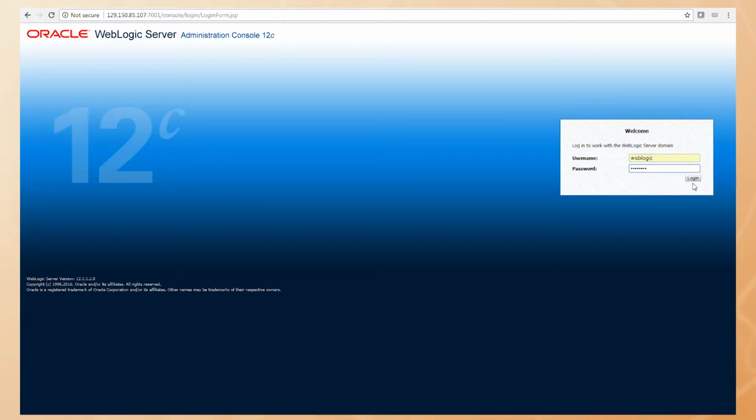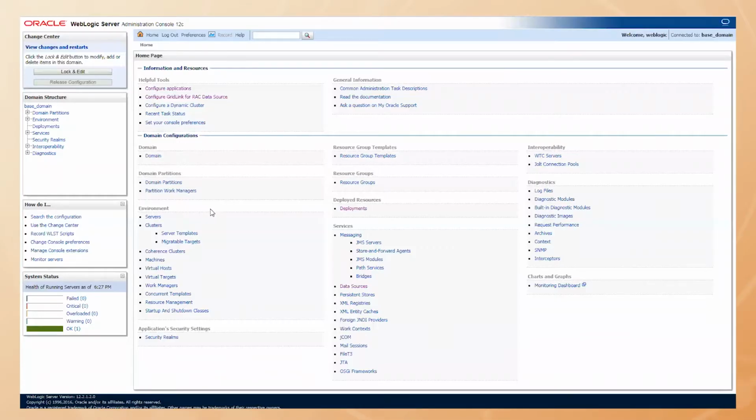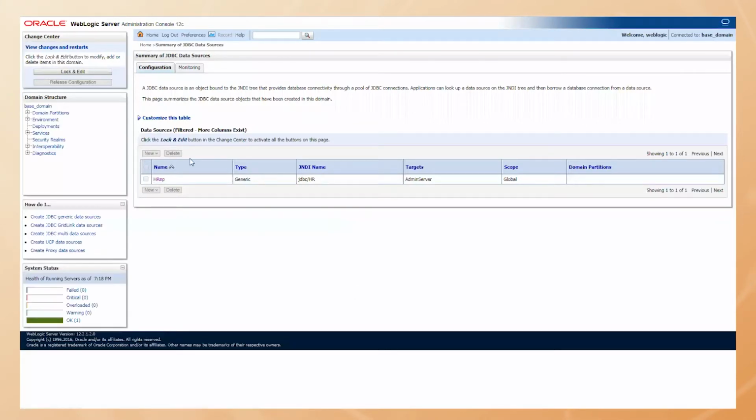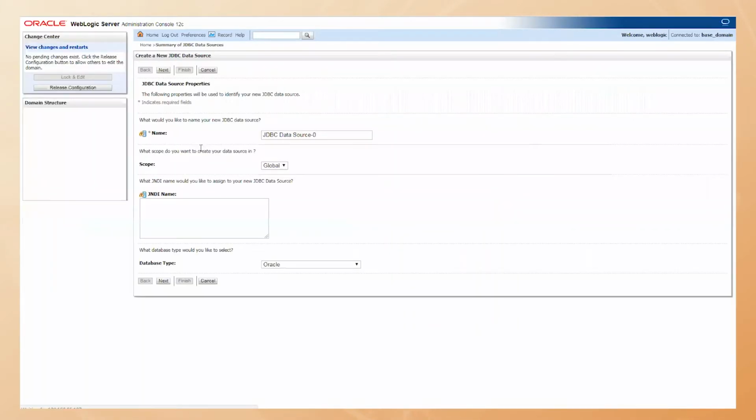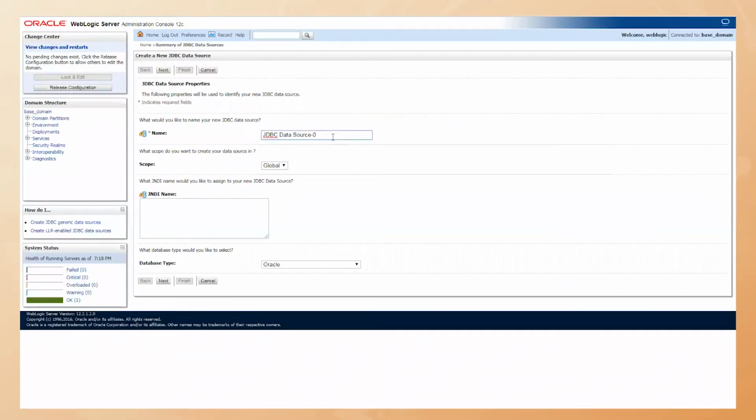Password is what we copied from there. Here, you want to create an entry under the services in data source. So I'm going to create the data source. So I'm going to pretend that I'm creating one. You need to do lock and edit first, and then create a new generic data source. Here you can give any name. I'm just going to do HR test demo or something. And then remember, we already created HR schema through SQL. So I'm going to say JDBC/HR,